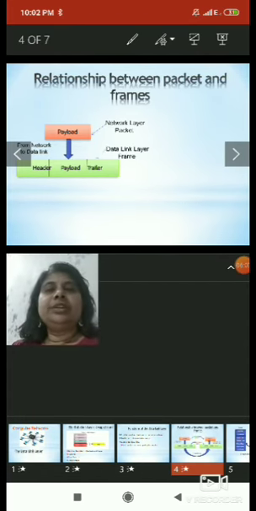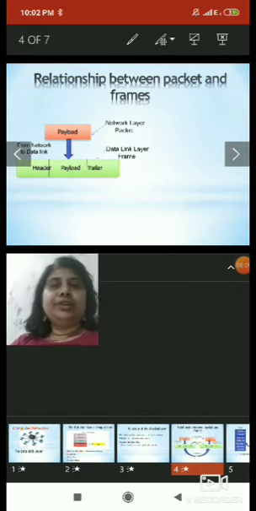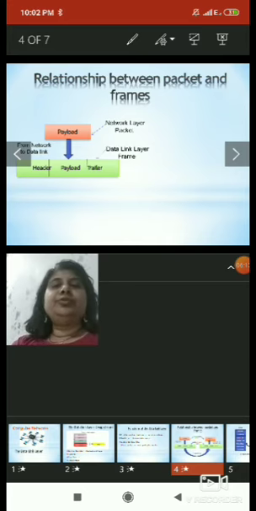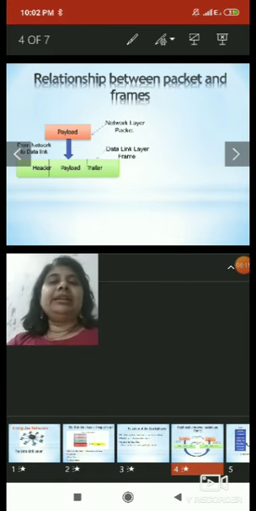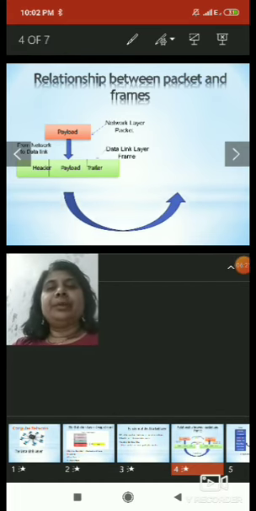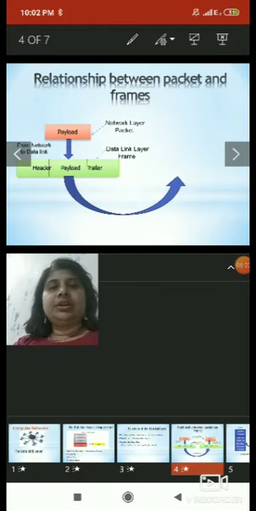Now when it converts, it is converted into a frame. So the payload packet is converted into a frame, and the data link layer adds its header and trailer to the particular packet, and it is converted into a frame. Now what happened after conversion? That frame is passed to the physical layer.